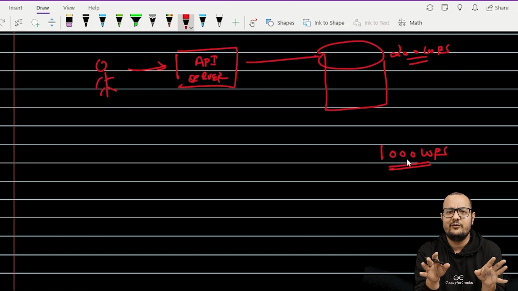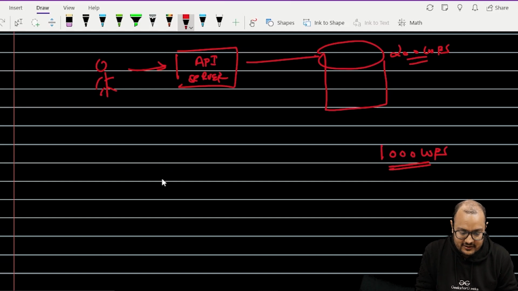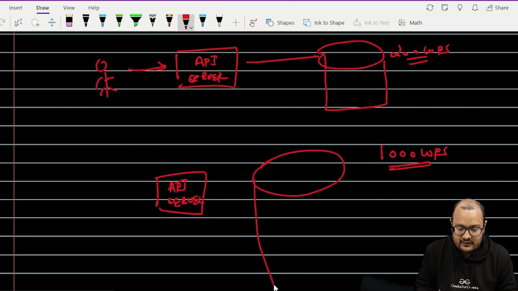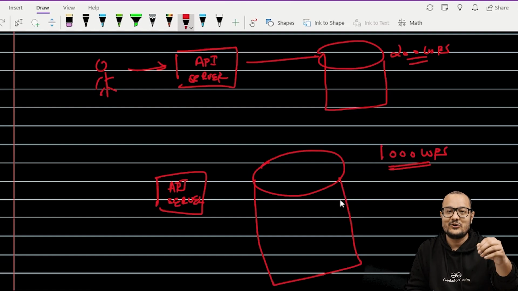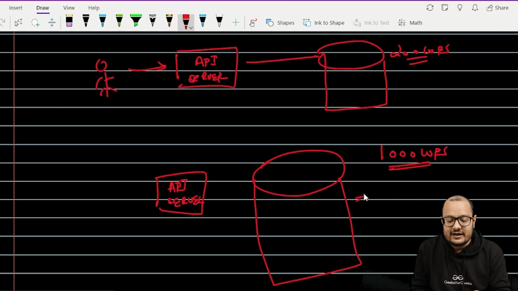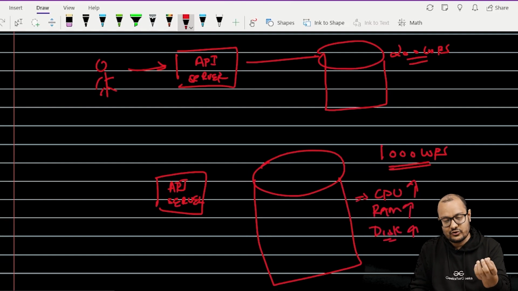They all provide one or two click solutions to scale up my database. I'll make an even bigger machine. Not in the sense of drawing it big, but in terms of CPU, RAM, and disk storage, I have given it more power.